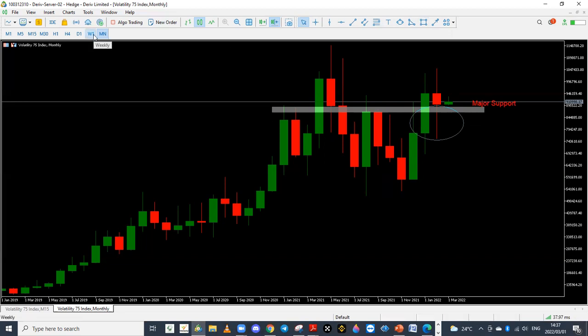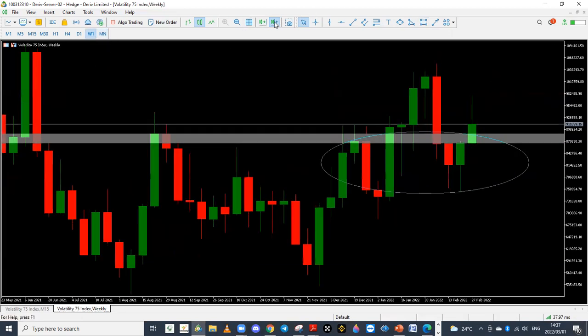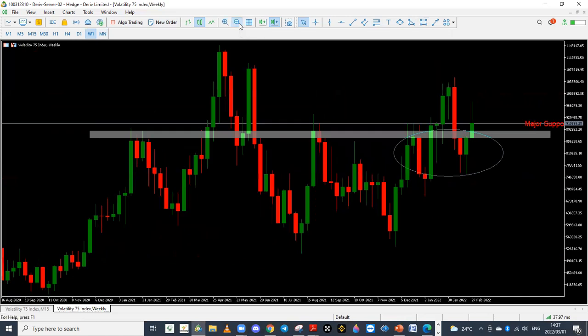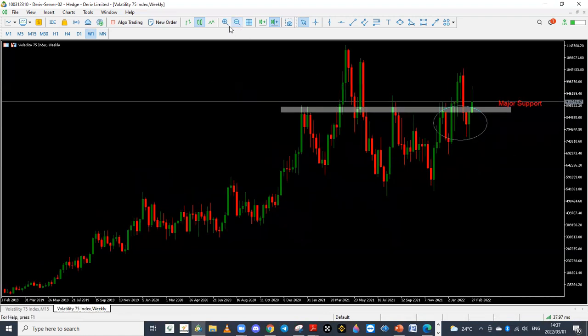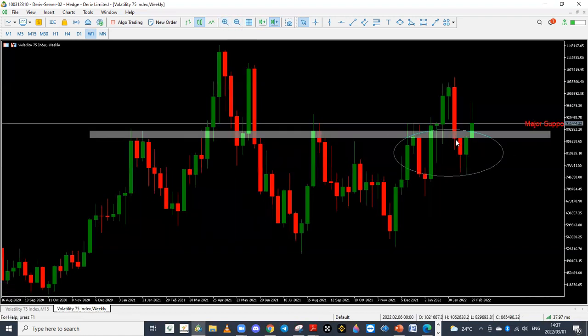Let's scale down to the weekly time frame. You should check that same support. You can see it clearly on the weekly, how it was respected. So right now the market broke, came back down, and right now it's back up on top of that support. So right now, roughly, we're expecting more of